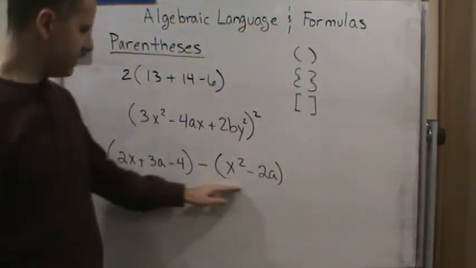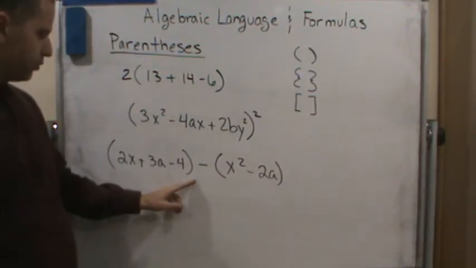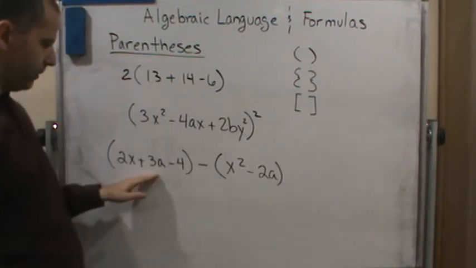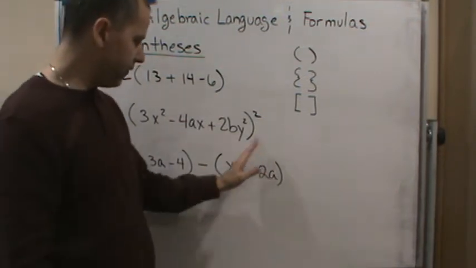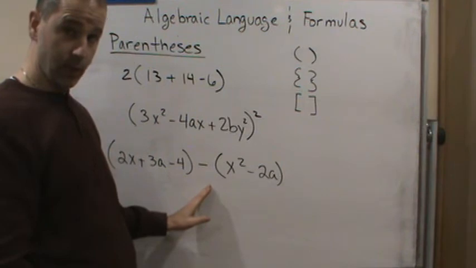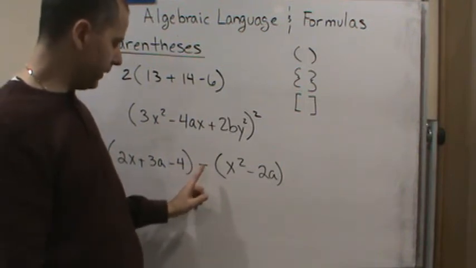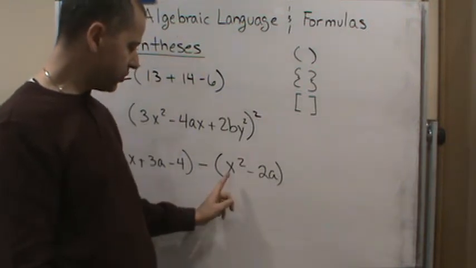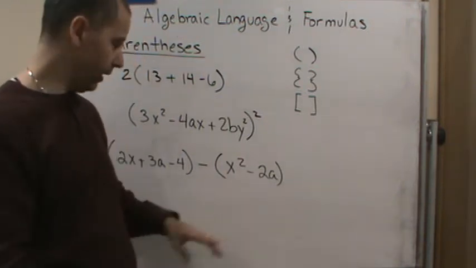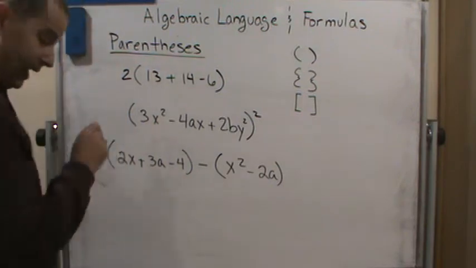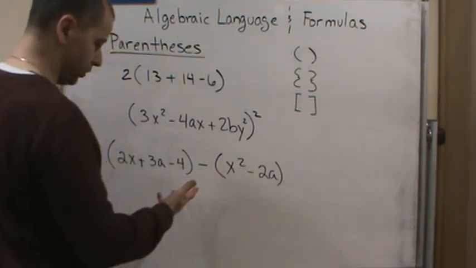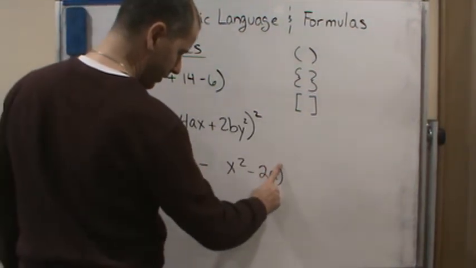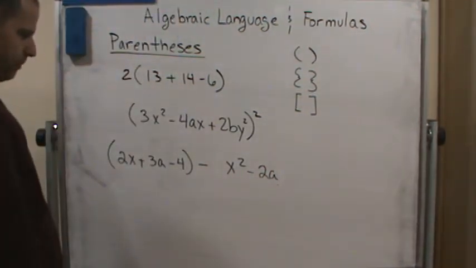Also, the last thing is that we use grouping symbols if we want to subtract one entity from another. This is very important because students will make the mistake of forgetting that this subtraction means I'm subtracting this entire thing. I'm not just subtracting x squared. And what some students will do, and pay attention here, is they will drop the parentheses